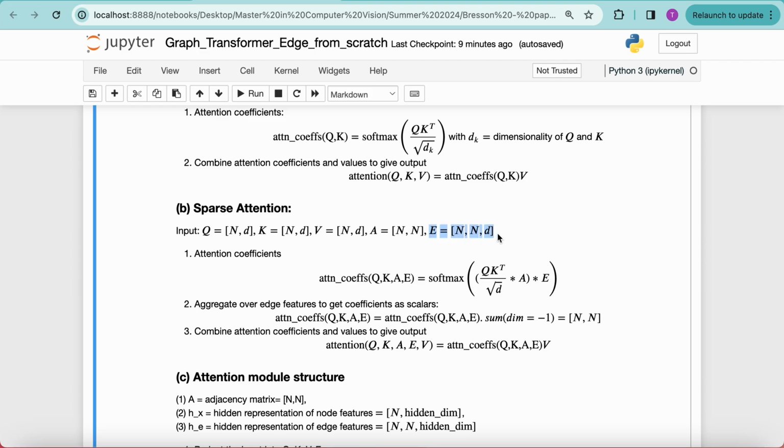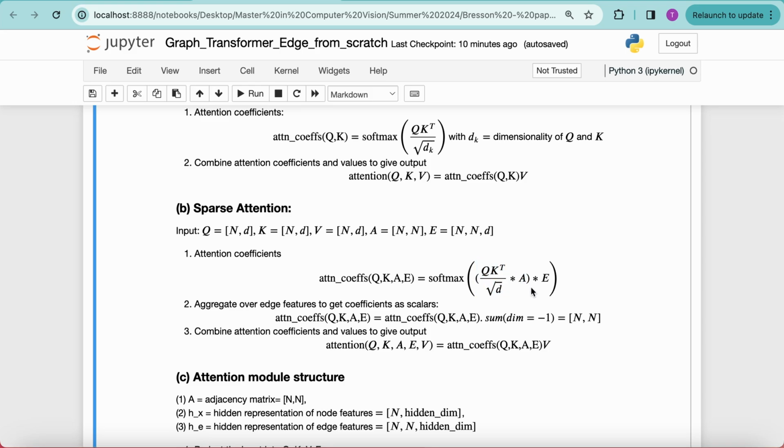So here the edge feature of the graph has size n by d, where n is the number of nodes, and d is the dimensionality of the edge features. So in this matrix, E at the position ij is equal to the features of the edge Eij. So if i and j is not an edge, then Eij should be equal to 0. And then the attention coefficient will be created from query, key, adjacency matrix, and E, in which in this part here,